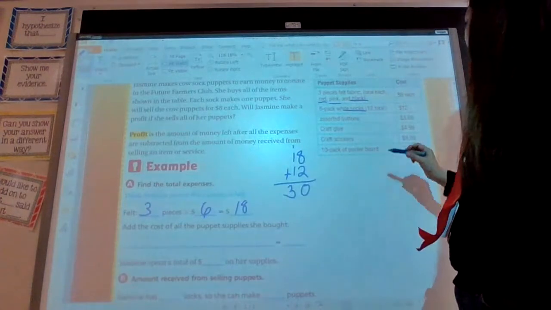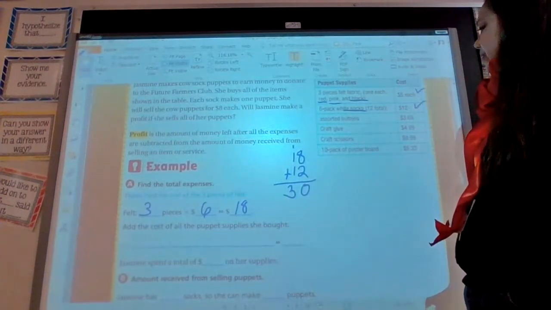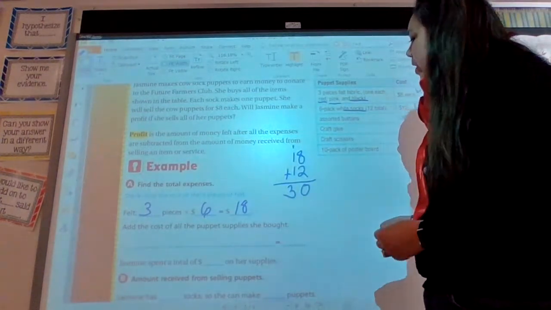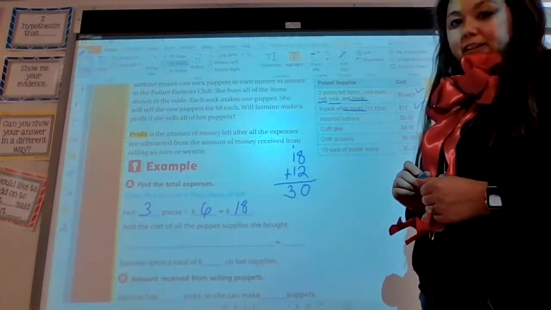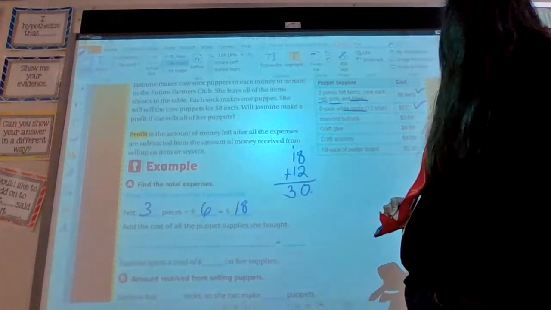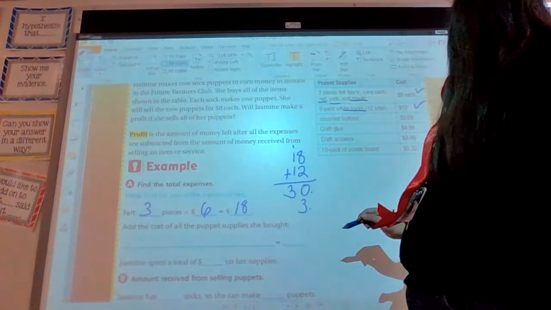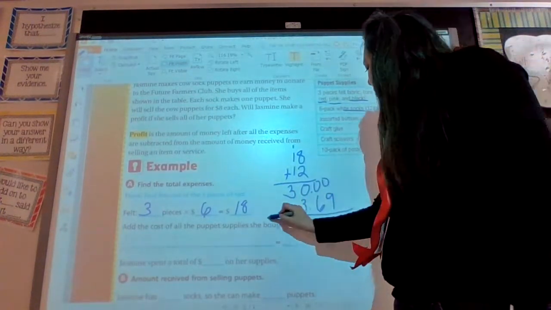We get $30. She did assorted buttons. Now I love this question because I've already spent $30, but where am I going to put $3.69 if I add it? If you tell me the decimal, if it's out of sight, it's on the right, you got it correct. Think of money. That's my whole amount right there. So $3.69 is going to come out to the side here, and when I add, I get